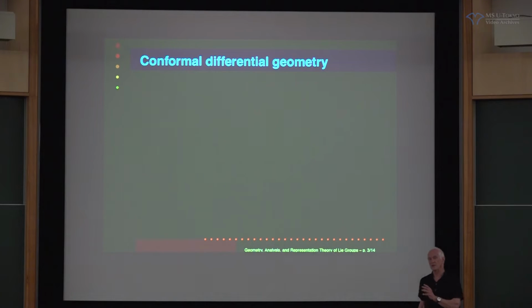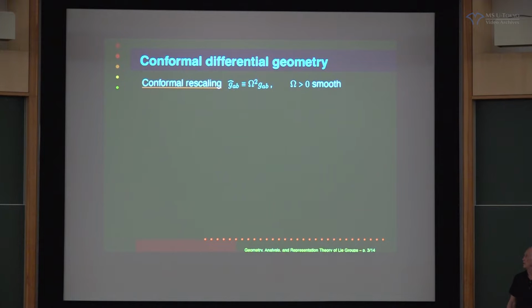Right, now a fundamental example of, I haven't told you what parabolic geometry is, but a fundamental example is conformal differential geometry. Conformal differential geometry is concerned with, in the Riemannian setting, picking a Riemannian metric and figuring out things which are actually invariant if you change the metric in the following way. So here's our original metric, g_ab. Here's an arbitrary smooth positive function. If I multiply this metric by, for convenience, the square of that function, that's just a matter of convention, but it's convenient, then you get a new metric.